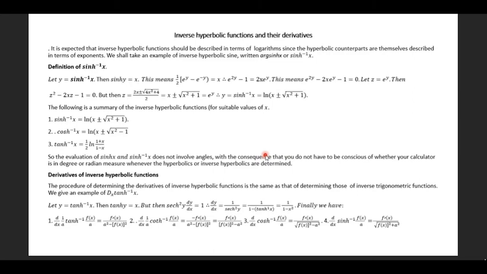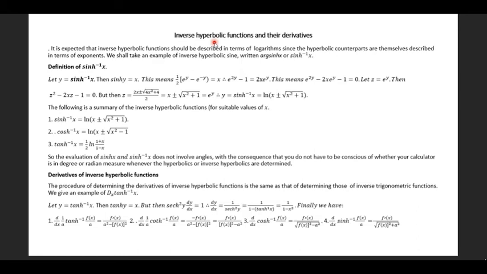Right. Now, inverse hyperbolic functions and their derivatives. The procedure is going to be very similar to what we did when we were dealing with inverse trigonometric ratios. But before we continue, remember that the hyperbolic functions are described in terms of exponents,